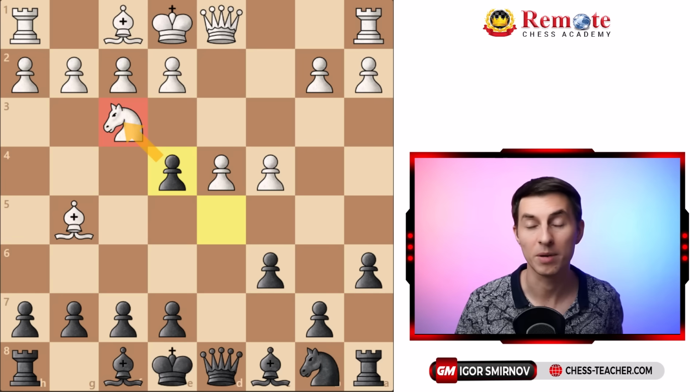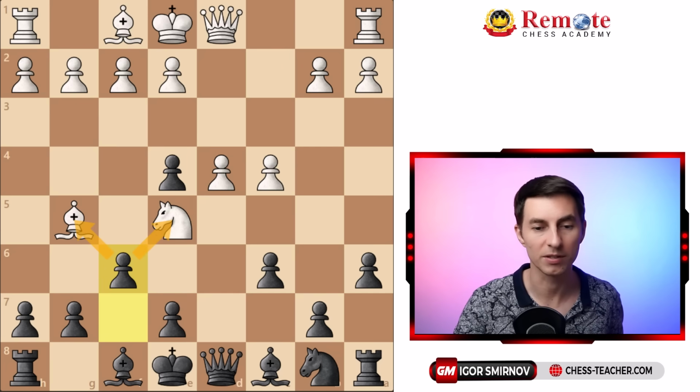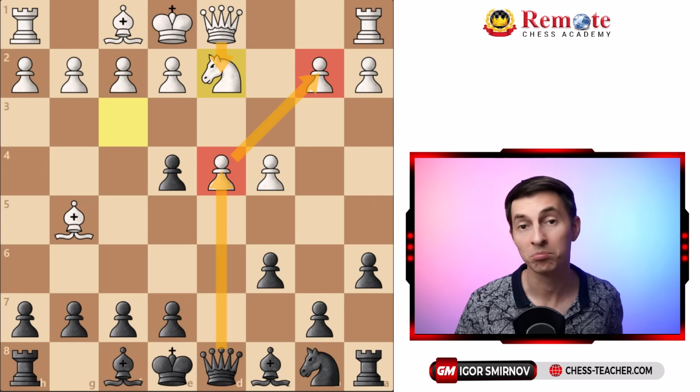And although it has a number of options of where to go to, they all are bad for different reasons. They can't just jump with this knight forward, because after f6, due to this double attack, they're going to simply lose one of these pieces. Alternatively, the knight could retreat back to d2, but in this case, it blocks the queen, and now you can grab this pawn on d4, and from there, maybe even the other one on b2,